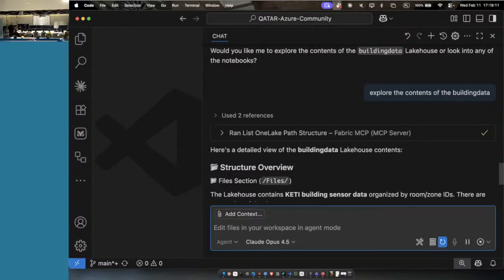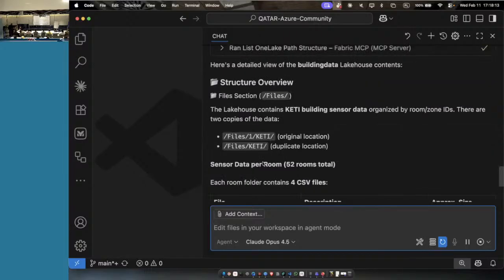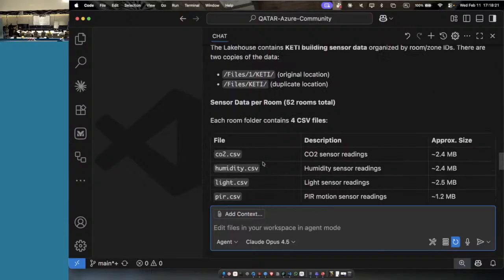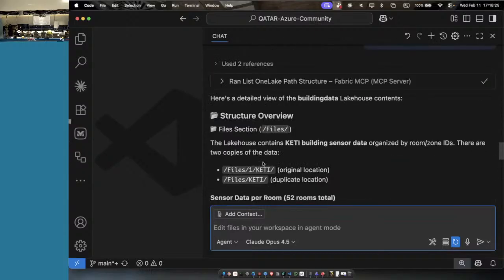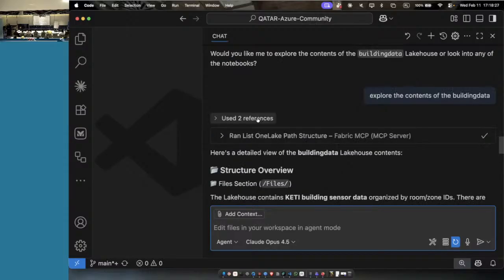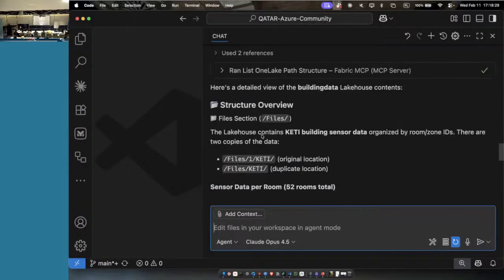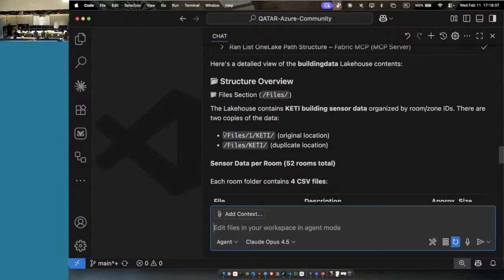All of the authentication and authorization happens through Entra ID, otherwise known as Azure Active Directory. So once you define it there in Entra, everything else follows as well. Take a look. We got a task: tell me what's inside this lakehouse. And we are getting a beautiful summary. Imagine a task where you have to create the documentation for your project, not anymore, thanks to the MCP and Copilot.